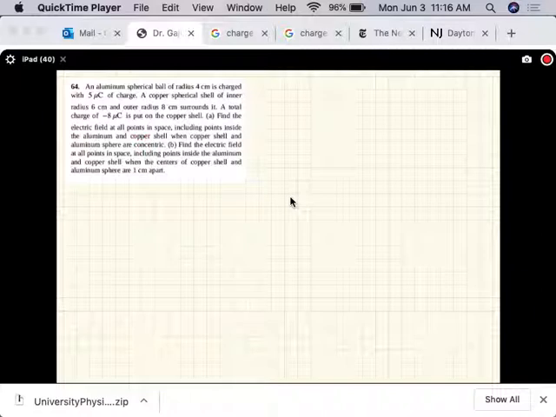Aluminum ball and copper shell, when the copper shell and the sphere are concentric. Okay, so here's the aluminum ball,